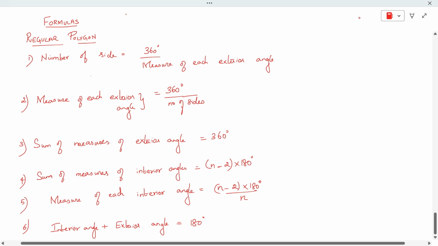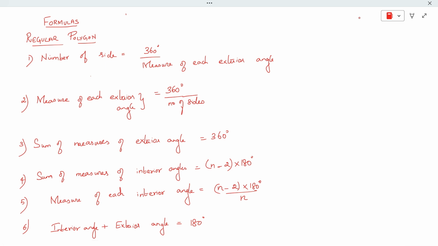Sums, let us see what are the formulas we are going to use to solve sums from exercise 3.2. So the formulas are listed here. Pause my video and memorize the formulas so that you know which formula can be relevantly used to solve the